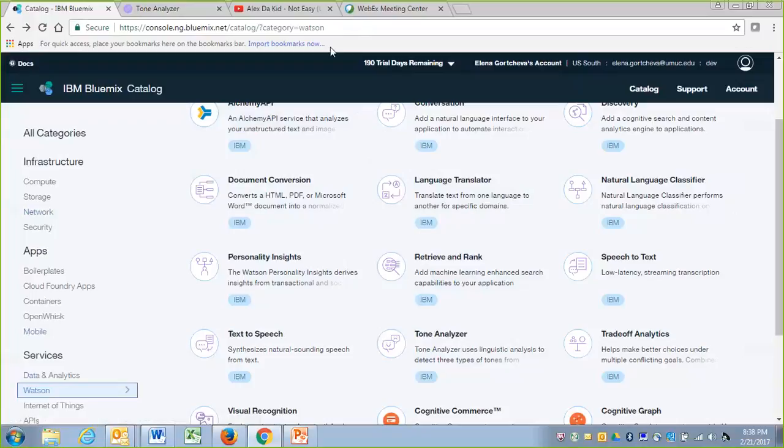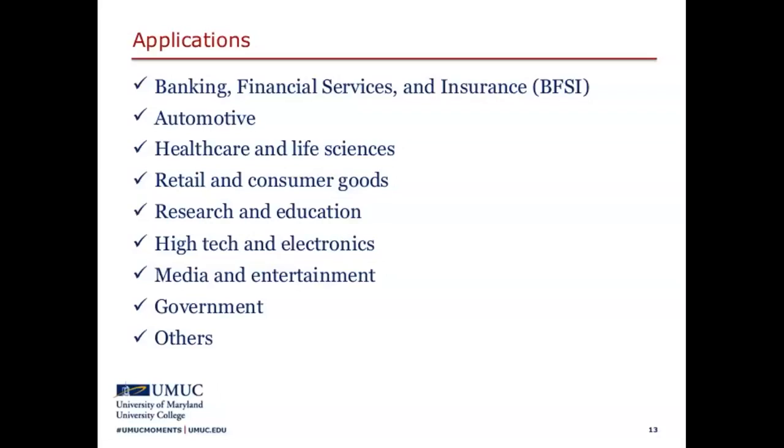Okay, I'm going to stop sharing. Any question up to here? Any question with Bluemix? I don't see anything in the chat, so I can stop sharing. I don't think there is. If you still need a walkthrough because you don't know where to find things in Bluemix, there is a walkthrough video in the classroom.